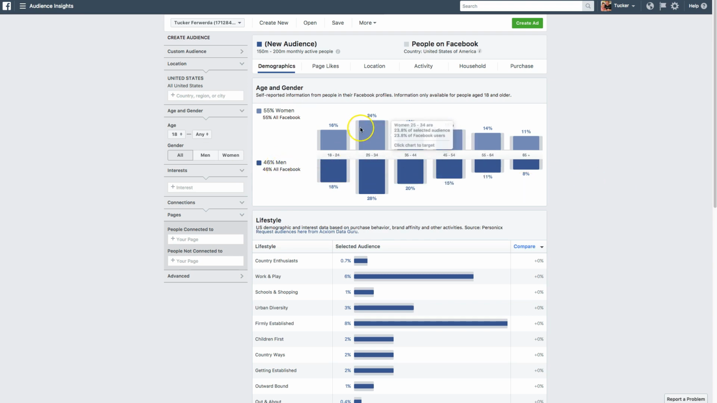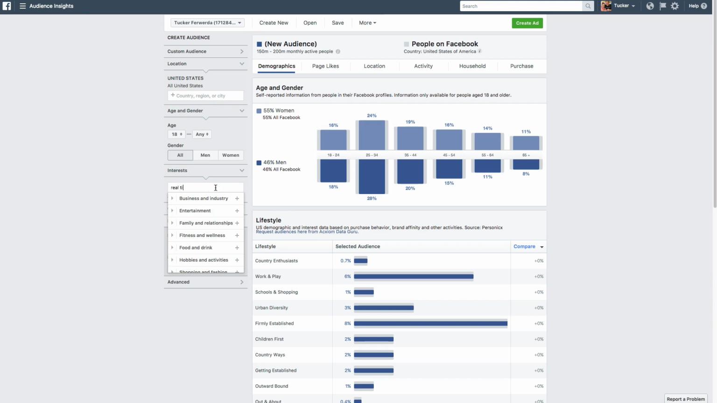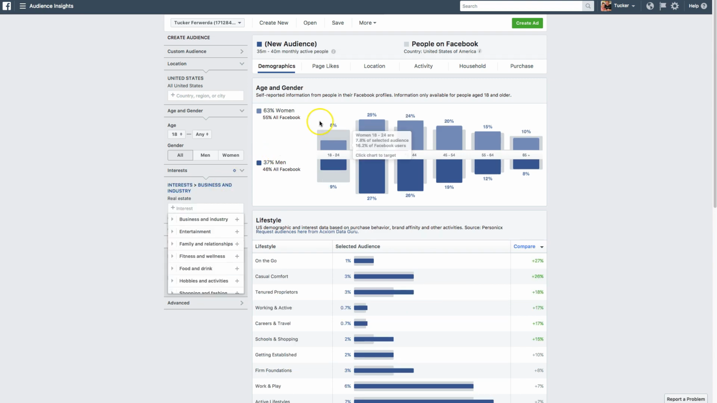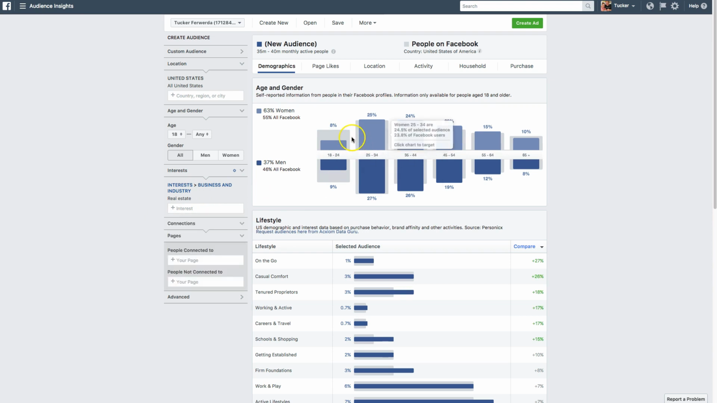The gray right here, this means average, okay? The darker blue is your males, the lighter blue is your women, okay? So let's just do this. What if I was to select, I'm just going to type in real estate. All of a sudden, the dynamics change. We now know that 63% of women on Facebook who are interested in real estate are between the ages, like the best